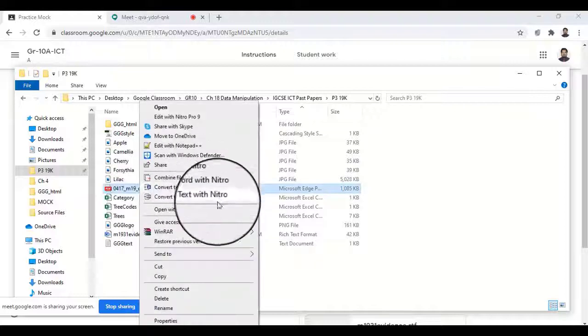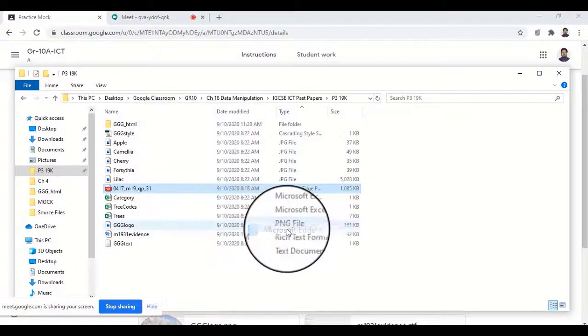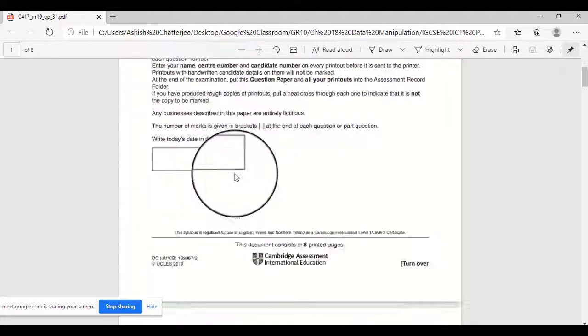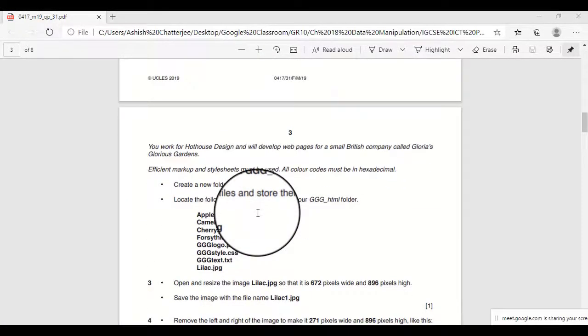Maybe you can make it open on any other browser so that the Google Chrome can remain free. Now let's start with the first file,